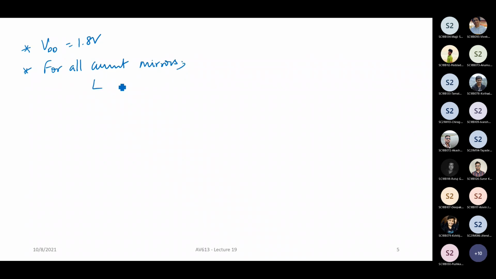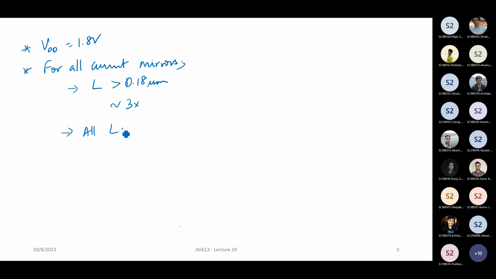Secondly, for all current mirrors, choose an L which is definitely greater than 0.18. All right. At least maybe some 3 times or 5 times, or maybe you can go to 1 micro or 2 micro. That's up to you. Okay. Now, another point in current mirrors is that